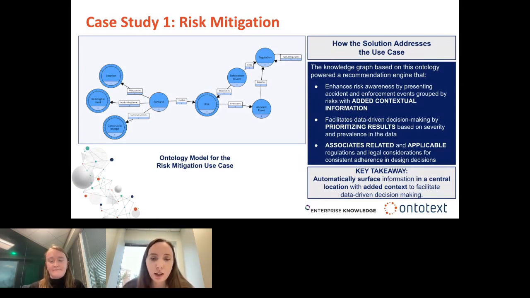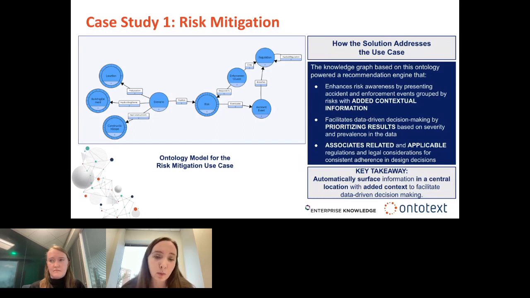And then, as mentioned, being able to automatically associate related and applicable concepts such as different regulations and legal considerations would ensure that they would consistently adhere to these things in their design decisions. So altogether, putting this all together with the recommendation engine, the graph powered engine was able to save a lot